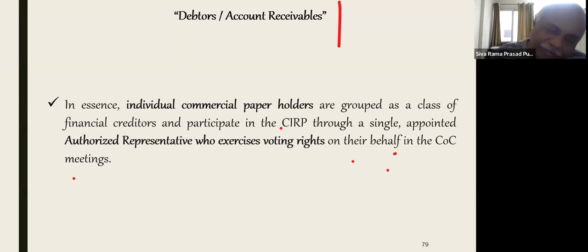Commercial paper is also financial creditor. Even banks are also financial creditors. Those who are lending the money are also called financial creditors. Debentures are also financial creditors, or bondholders are also financial creditors. Whatever procedure you are following for the secured creditor is the same to be followed for unsecured creditors like commercial paper, fixed deposits, bonds or debentures, etc. The same procedure is to be followed here also.